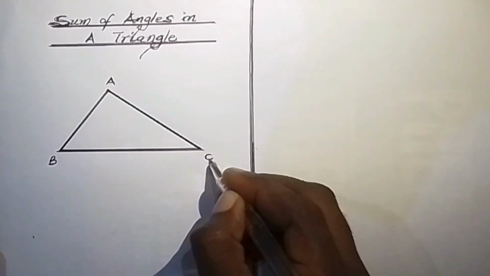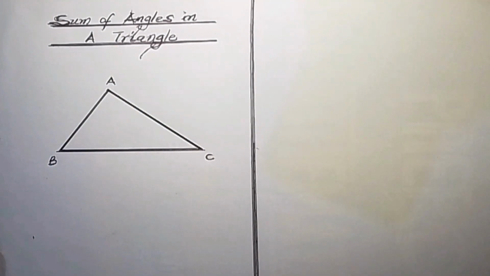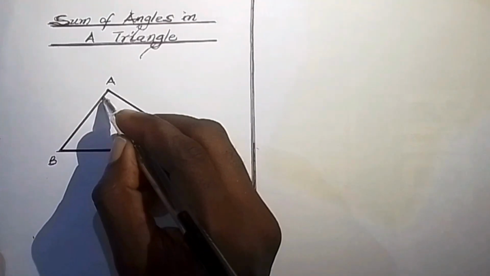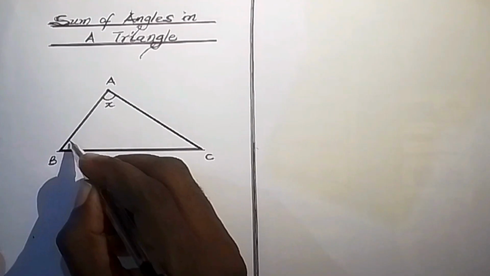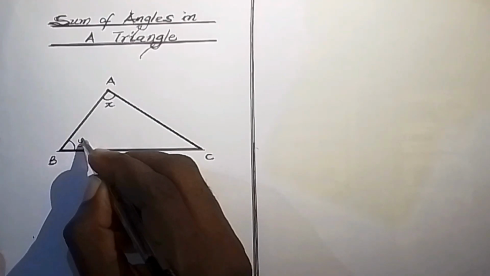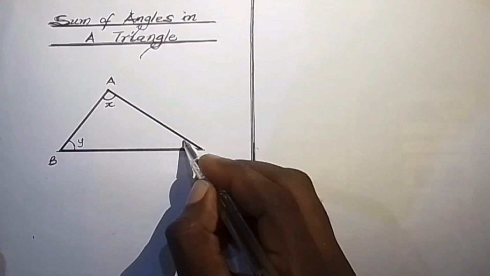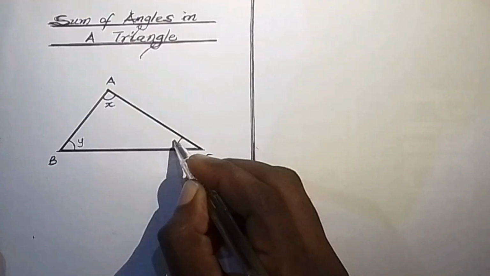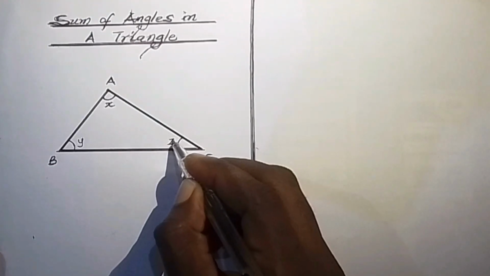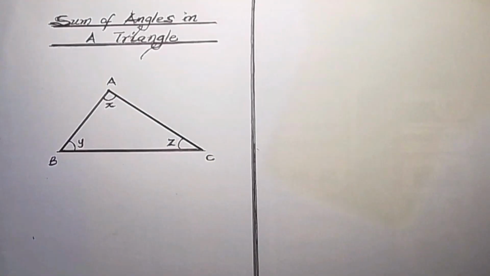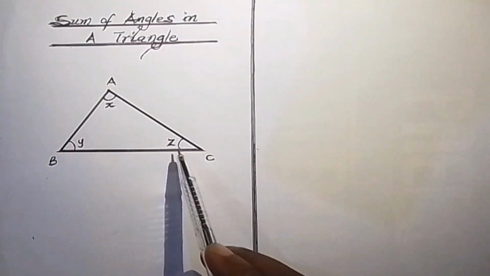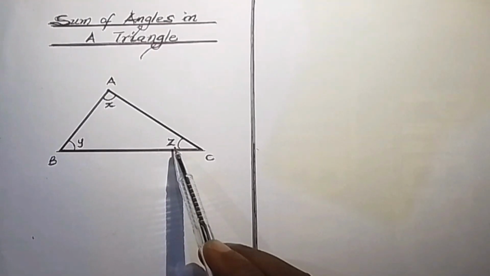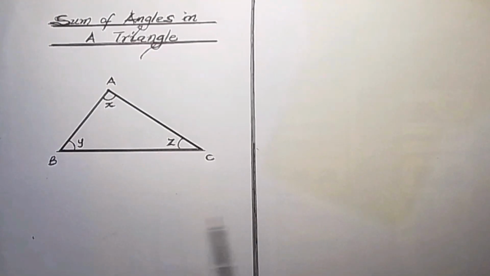So let's call it triangle ABC. Let's call this angle X, and the angle at B, angle Y, while the angle at C, angle Z. To prove that angle X plus angle Y plus angle Z is equal to 180 degrees, we need to do